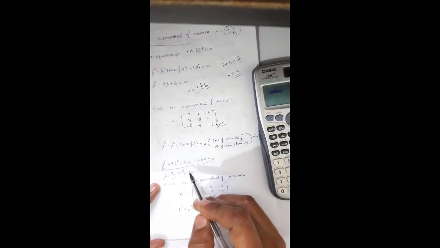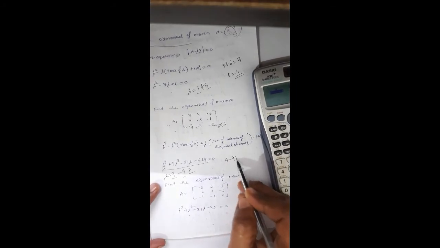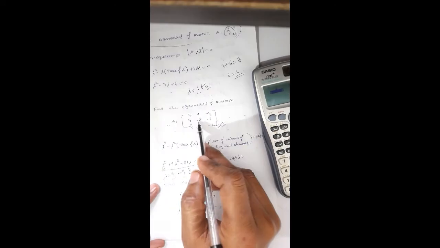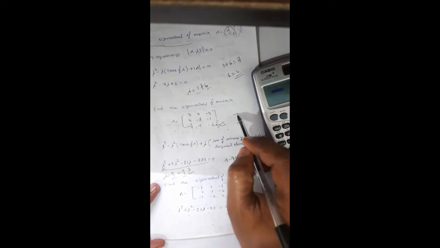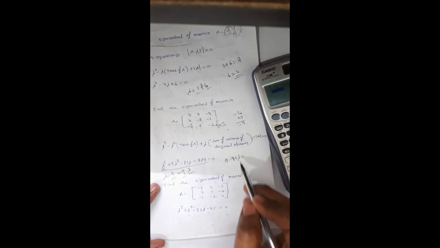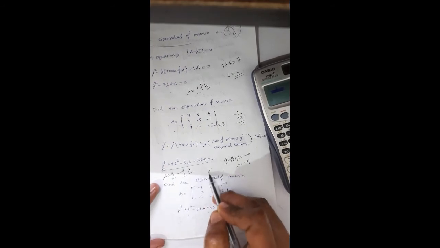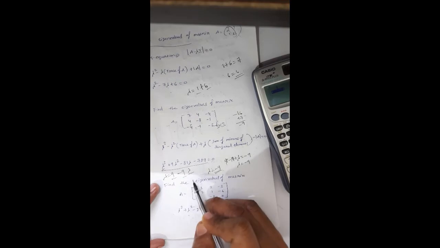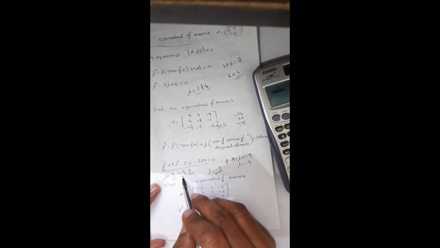We know, so we assume that is lambda. We know sum of eigenvalues equal to trace. 9 minus 9 plus lambda equal to, what is the trace for this matrix? 7 minus 8 means here minus 16. Minus 16 plus 7 means minus 9. So minus 9 is the trace. So this will cancel, lambda equal minus 9. So third eigenvalue is minus 9 only. So minus 18 plus 9, it is minus 9. So here trace is also minus 9.